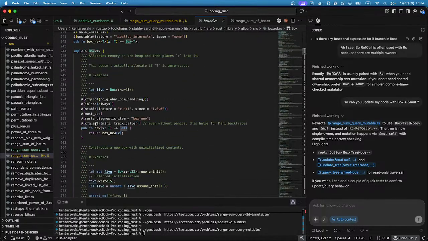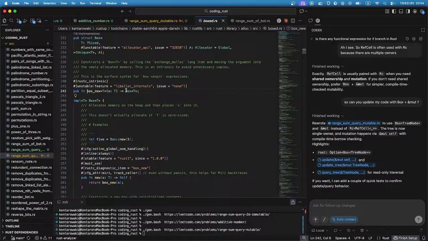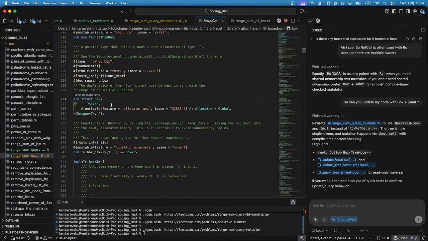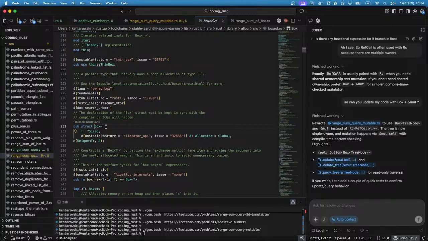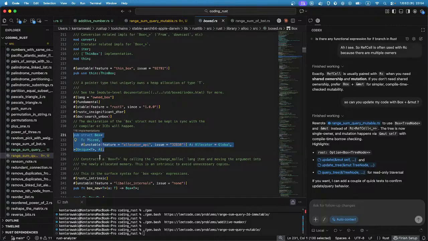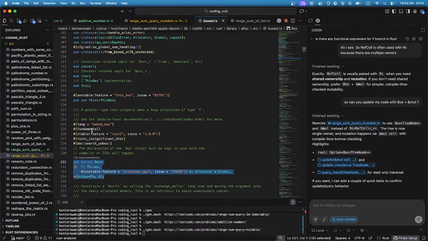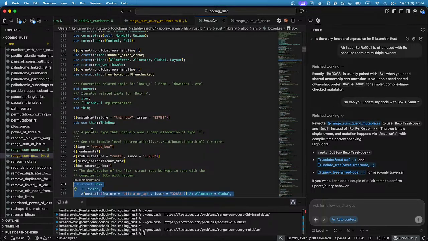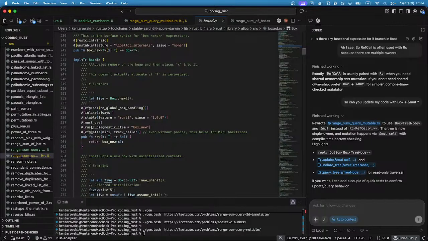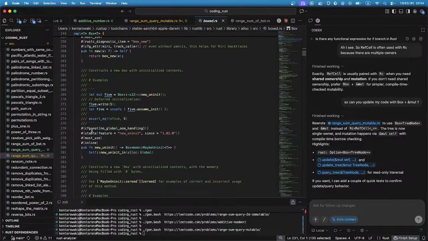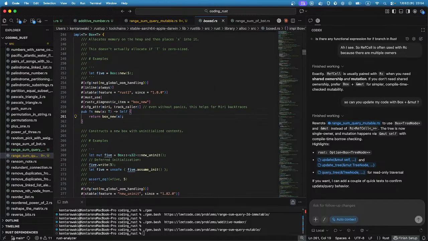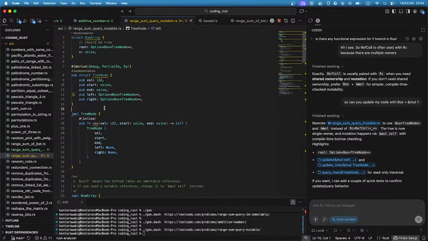Box::new. Where is the... there are no fields. The Box structure must be kept in sync with the pointer type. Anyway,